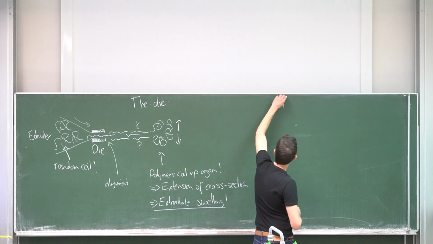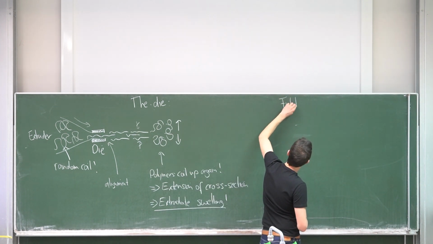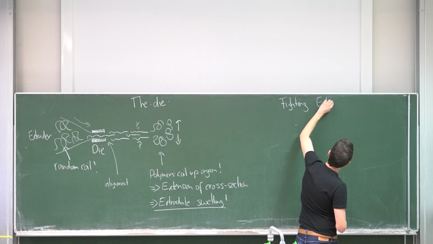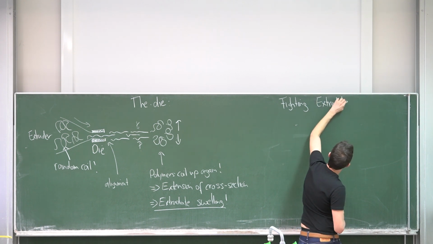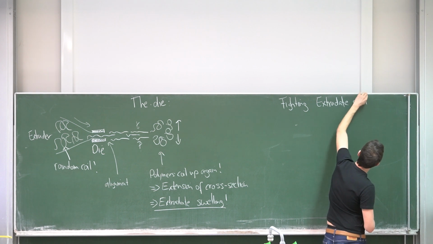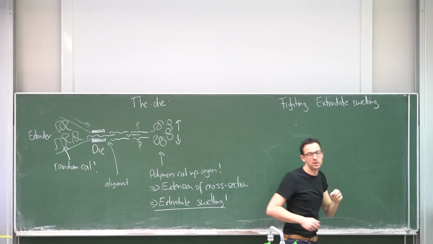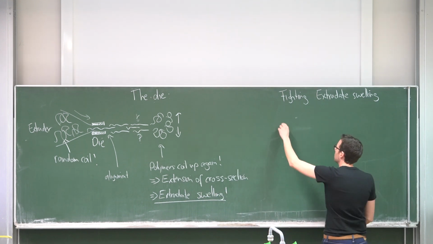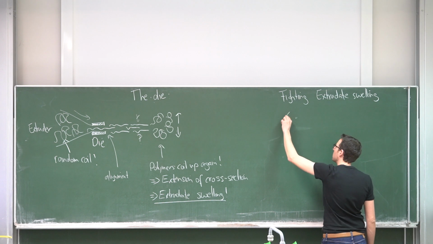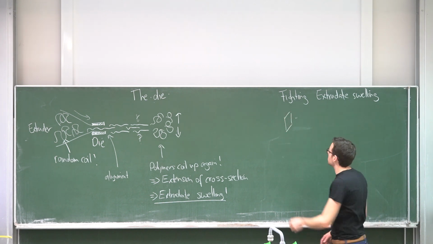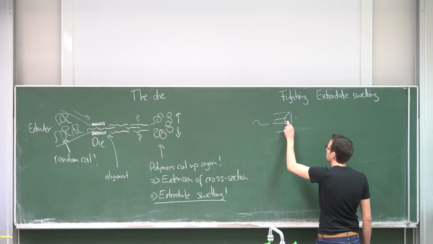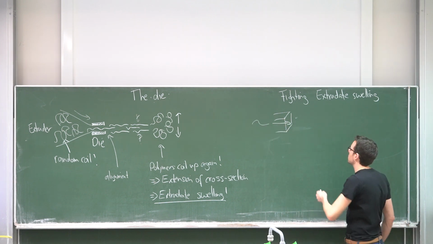And what you can simply do, maybe fighting is not the right word because in effect you don't fight it, you live with it. What you can do is, let's say you want to have a square cross-section. Now this is your die here. Now your polymer comes out here, and as it comes out of this cross-section, what it will do is it